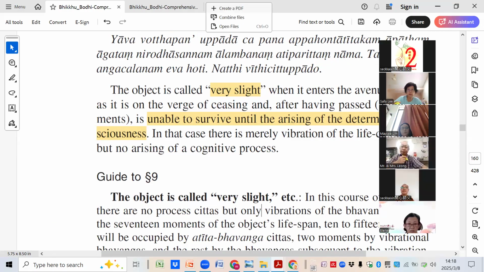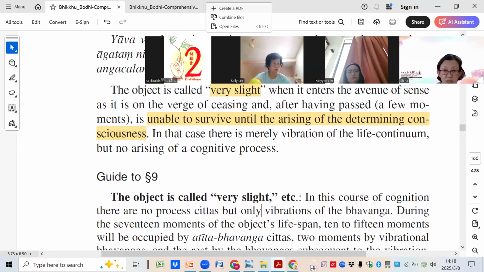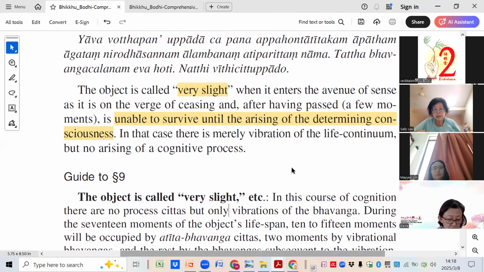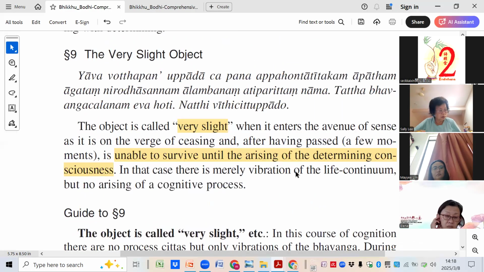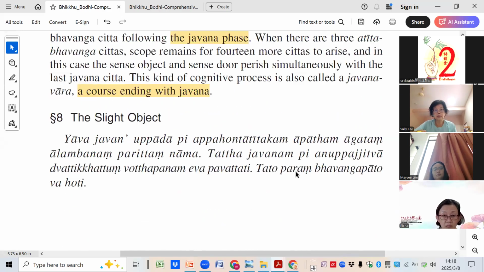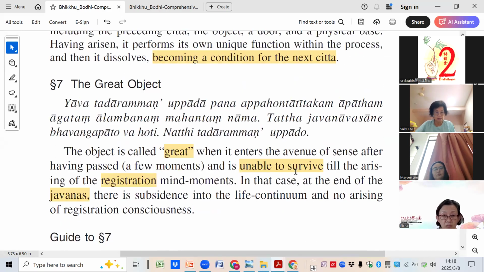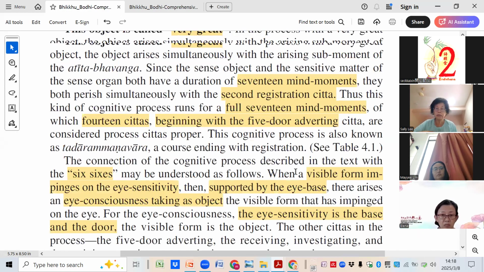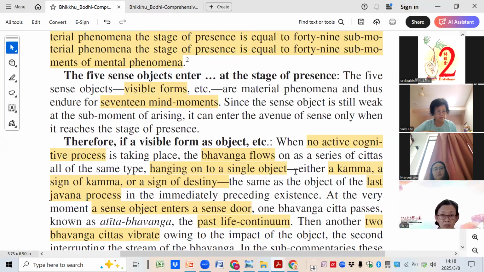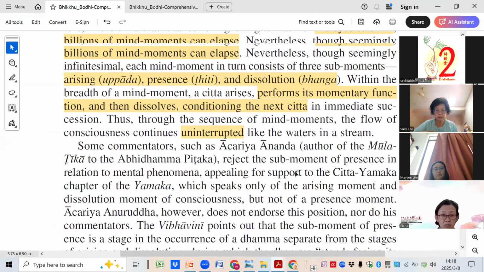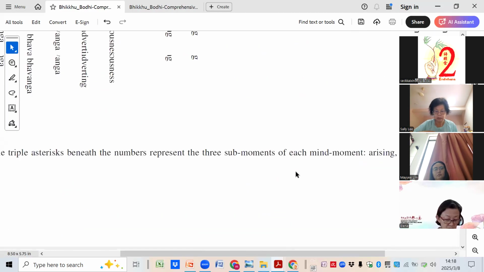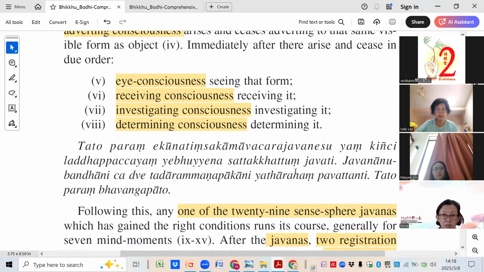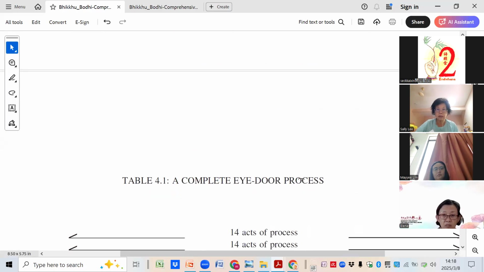Okay, finish. According to the previous lesson, we already finished the very great object. So class, let's take a look. We got this, the great object. I think we got one is a very great object. Yes, see, very great object. Actually, we just finished the very great object. Okay. Yeah, let's see.